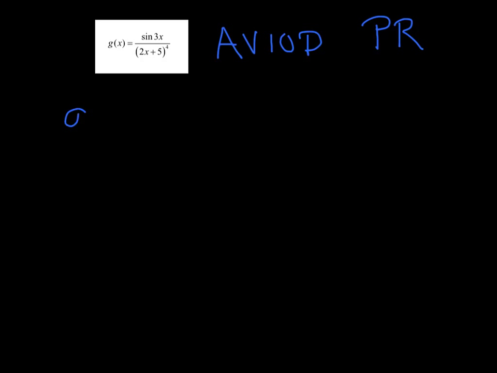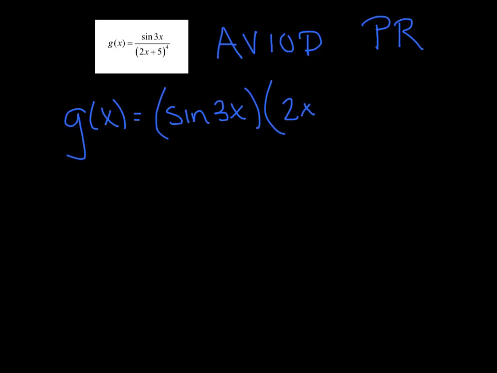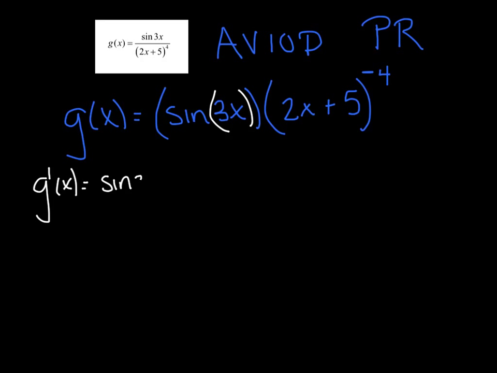Well, I could simply rewrite this function and say it's the sine of 3x times the quantity 2x plus 5, and to bring that up, I just have to raise it to the negative fourth. So this time I'm avoiding my quotient rule and I'm doing product instead. But still note, this is the sine of 3x, so I still have chain, and this is still chain. So this time I'm saying the first term